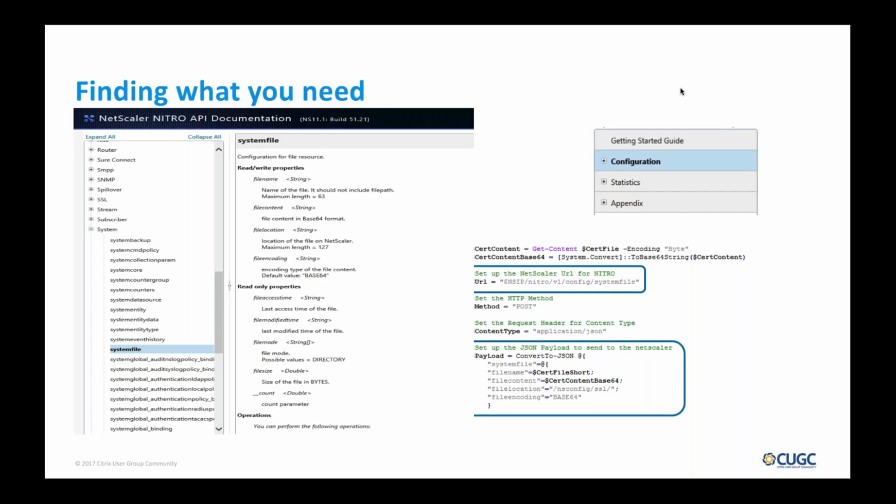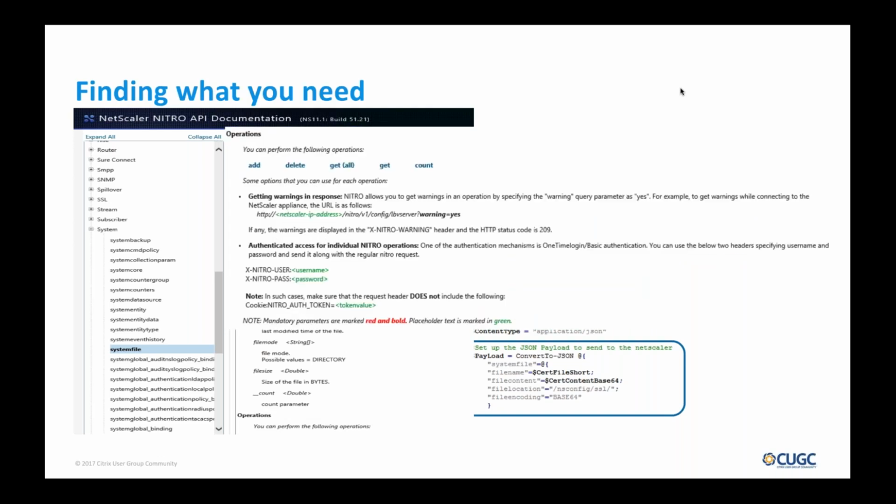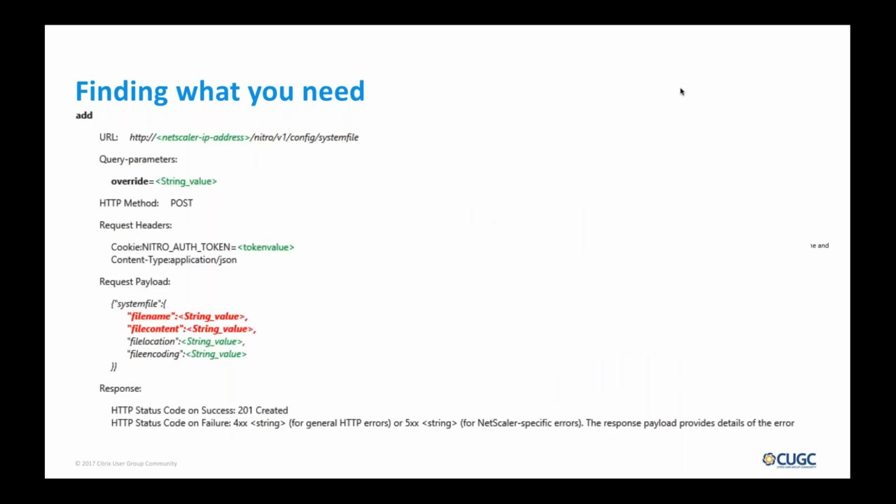So if you wanted to find out how to do that in the help, you would expand the configuration node first, and then go into system, and then into system file there. And each node that you expand has literally got tens, hundreds, thousands of options within that individual node on what to do to achieve the task you want on the NetScaler. So when you click on system file, on the right hand side of the help window, it will display a bunch of information about that specific NITRO command that you want to run on the NetScaler. So if you click on add, for example, in this instance,